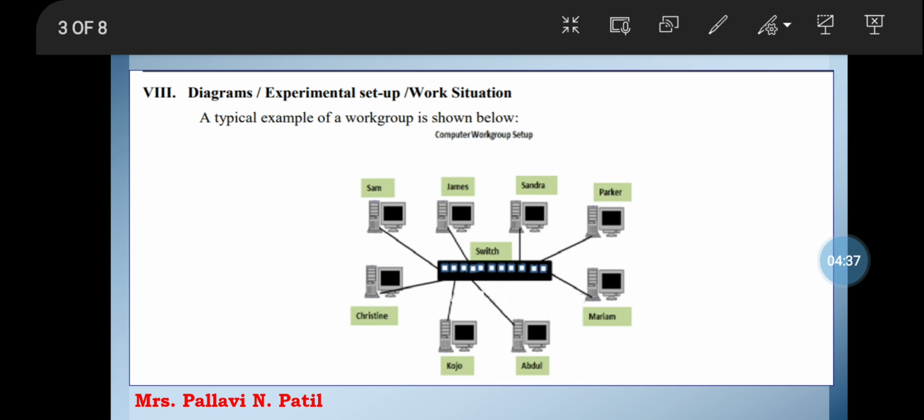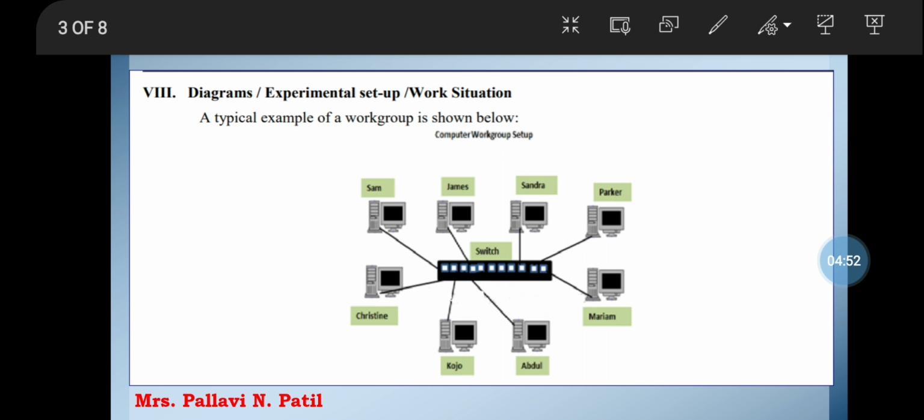A peer-to-peer network is useful for a small network containing fewer than 10 computers on a single LAN. Each computer maintains its own accounts and its own security settings.